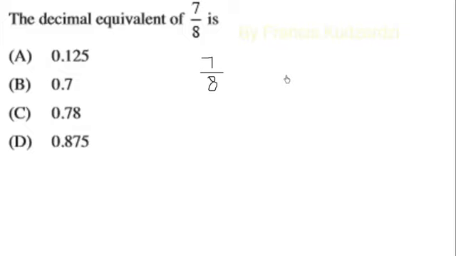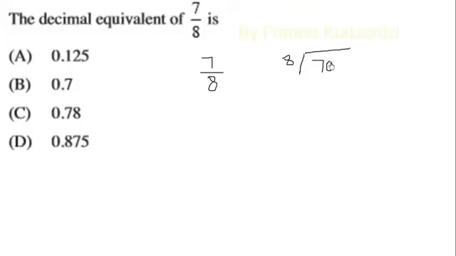In doing that, the number in the numerator comes here under the division sign, then the number in the denominator comes out. So 8 goes into 7 how many times? It cannot go, so